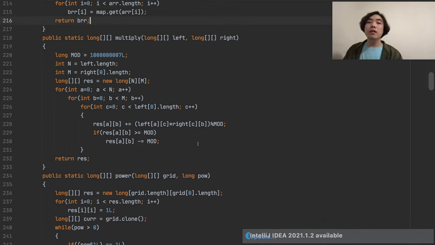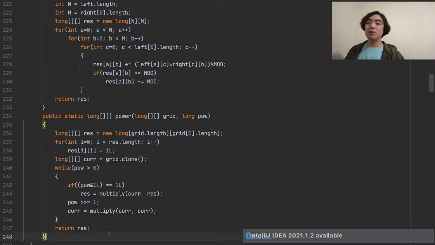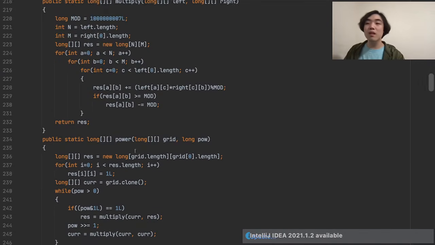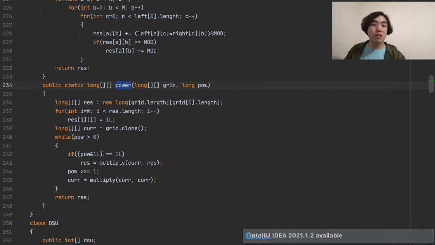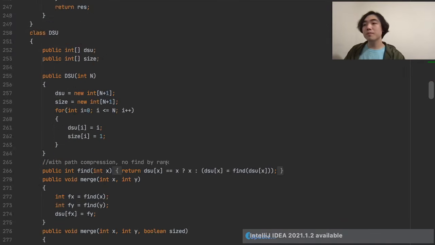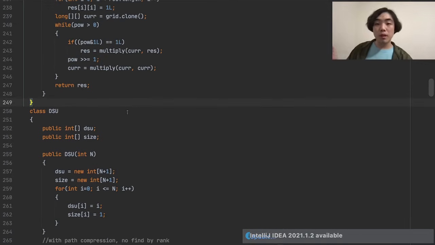Power and multiply, these are used for matrix exponentiation. I don't really use these very often. I think I've only used them in Codeforces once when I was upsolving, but aside from that, yeah, it's pretty standard. There's not much else to say. The multiply function just multiplies two matrices together, and the power function is just a slightly modified version of the fast power function up here. Let's see. Okay, so those are pretty much all of my smaller methods,